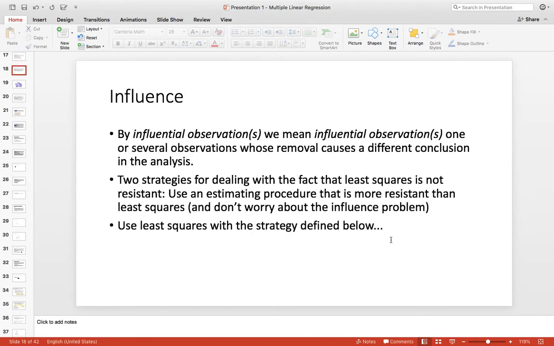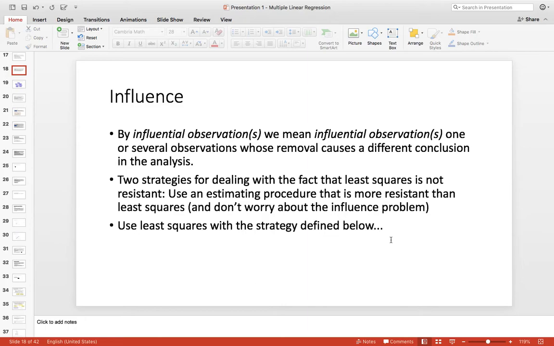By influential observations we mean one or several observations whose removal causes a different conclusion in the analysis. So when you're doing serious analytics, where the results are going to be actionable, you must be very careful when you drop observations, because very often you find that some values which are very large, which look like outliers, may actually be real observations, and you can't afford to drop them arbitrarily.